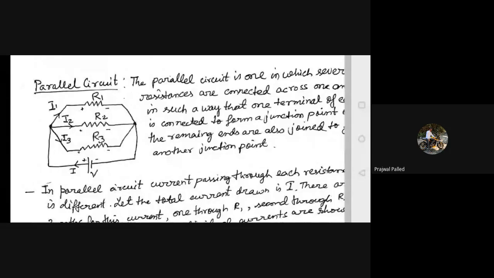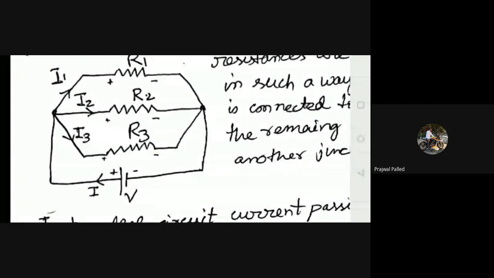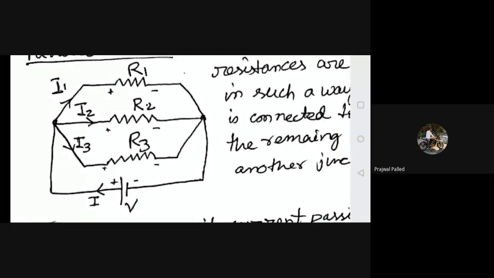Let me just tell you this thing. The voltage that is applied, V, is that being divided, because in series we saw that voltage was divided and dissipated among the resistances, V1, V2, V3. So here what happens? The voltage that is applied with the cell V is going to the two points, as you can see, the two junction points through which the three resistances R1, R2, R3 are connected. So these two points are where the voltage is applied.